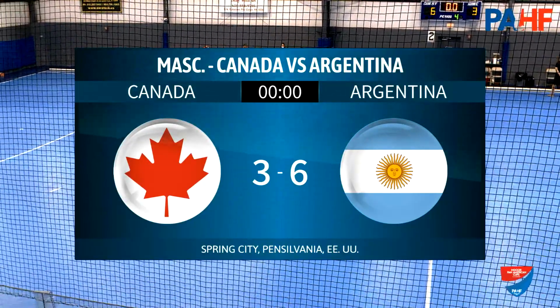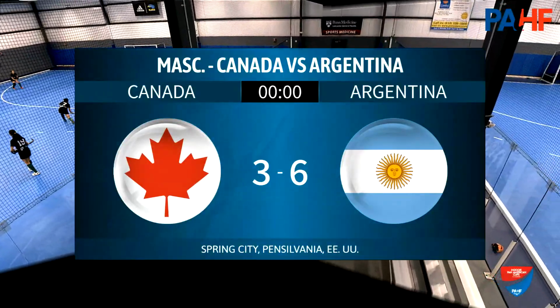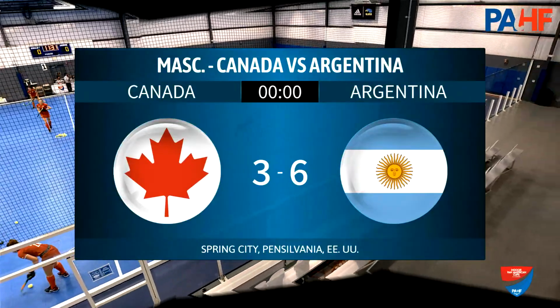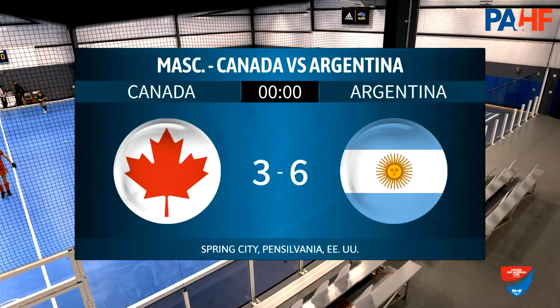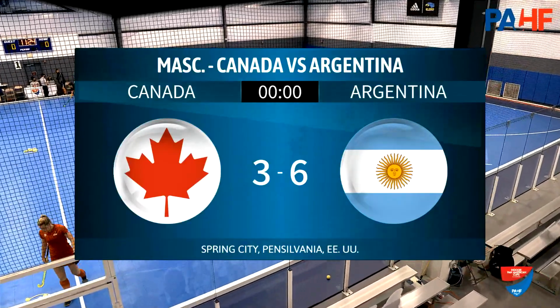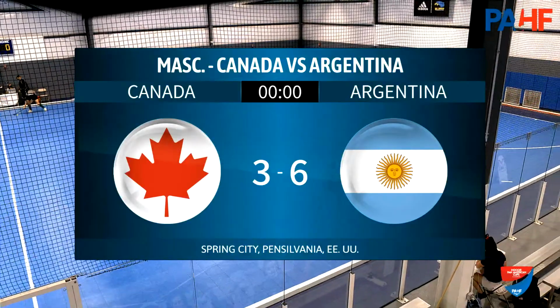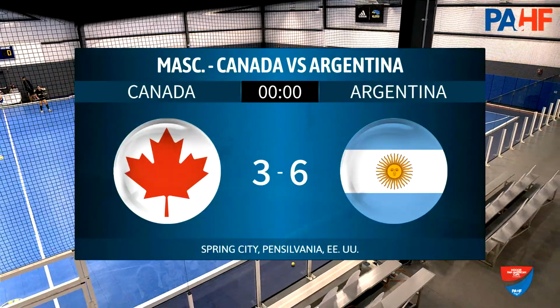First men's game, too. Again, the women's game, the first game ended in a 1-1 tie. And that game was between Canada and Uruguay. The next game up starts at 11:30, so that's in 20 minutes from now. Guyana versus the USA. I'm going to put the mic down as we take a break during the